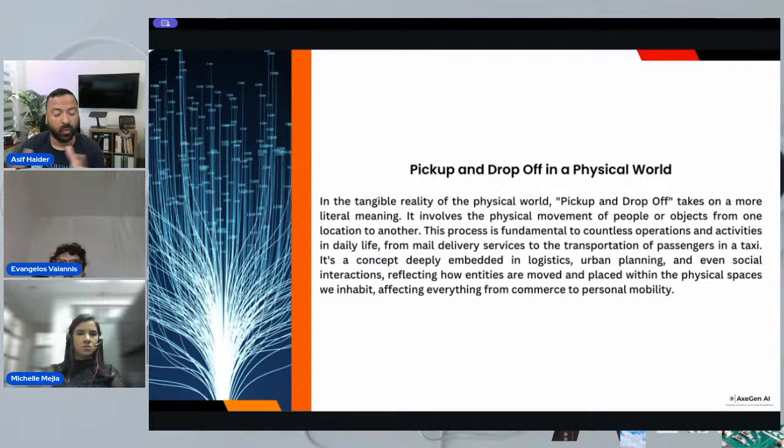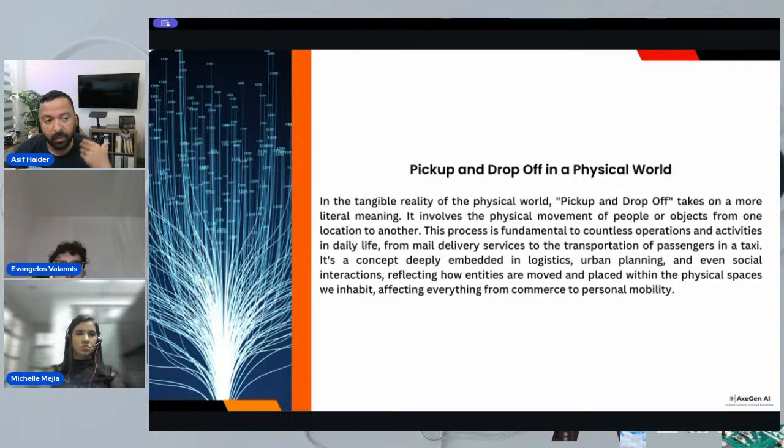So in the world that we have around us, if you think about it, this is a terminology that we use for the semiconductor chips industry, which is pick up and drop off, right? Pick up and drop off in the real world is you call an Uber, Uber comes and picks you up and drops you off where you need to go. But if you think about it, actually everything around us works the same manner. It's about picking up and dropping off. The information has to be picked up from somewhere and dropped off somewhere and used again and picked up and dropped off somewhere else. So there's data in motion or intelligence in motion, information in motion, whatever the case is, there's always in motion and always in use.